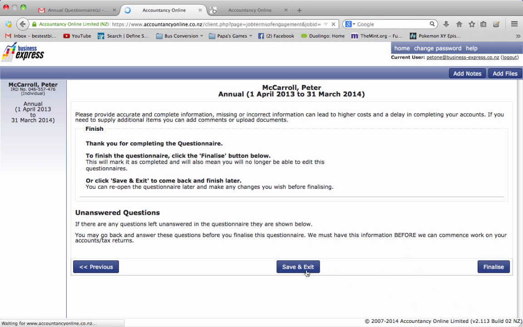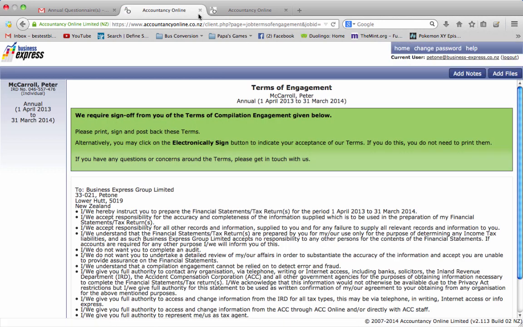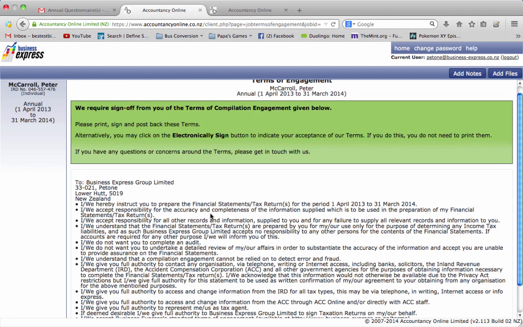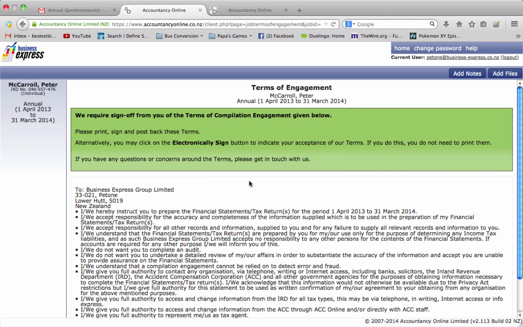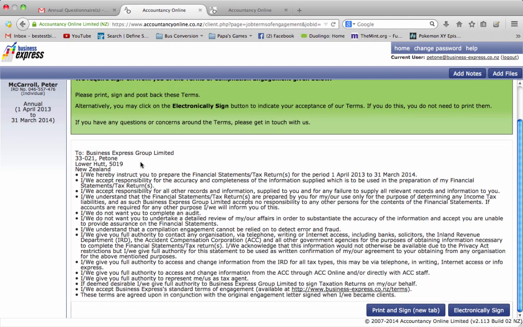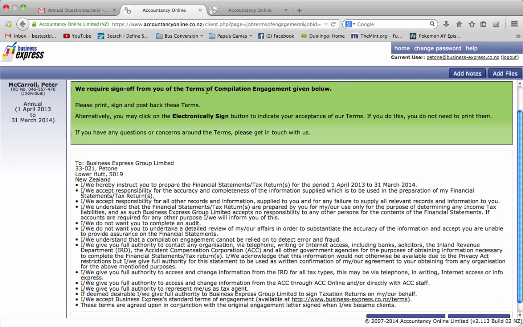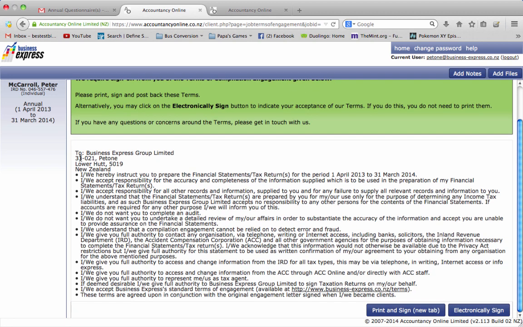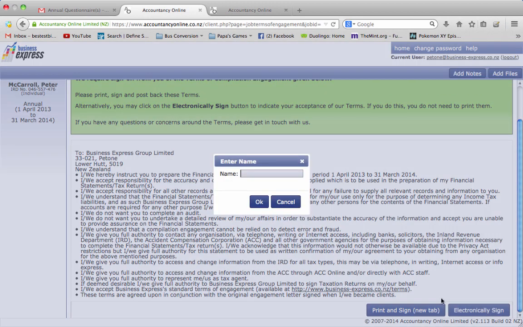At any time you can save and you can exit the application or just close it down and log back in later, and you will then be able to return to where you were. Once you have completed the questionnaire, it'll take you straight to the Terms of Engagement screen. Now this is just a summary of the Terms of Engagement, just basically confirming that this is an ongoing engagement. You've already agreed to our Terms of Engagement and consenting to us continuing to prepare your accounts and file your tax returns for you. So you can click Electronically Sign